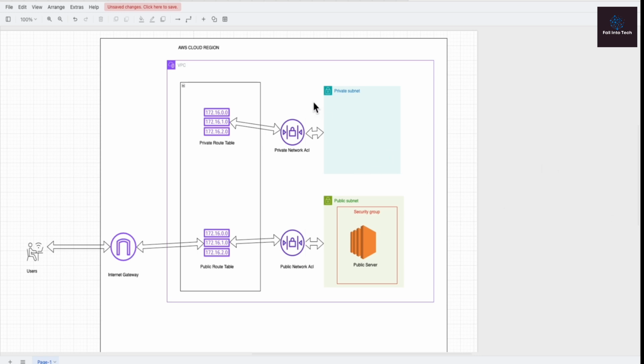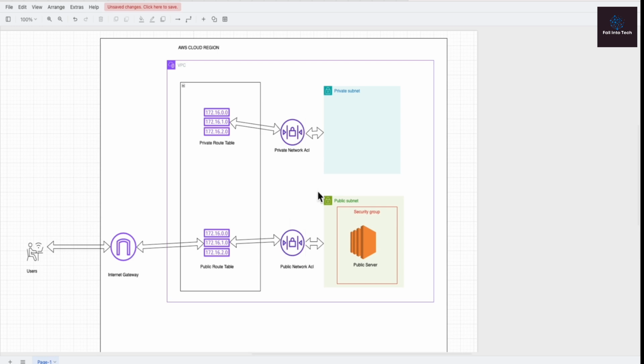So as you can see here, we have two ACLs. We have the private network ACL and then we have a public network ACL. If we think of an ACL as a security guard, stationed right outside of the basketball court right here, we have one here, we have one here. So basically we are going to tell them